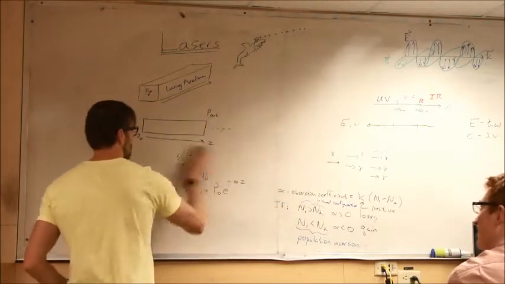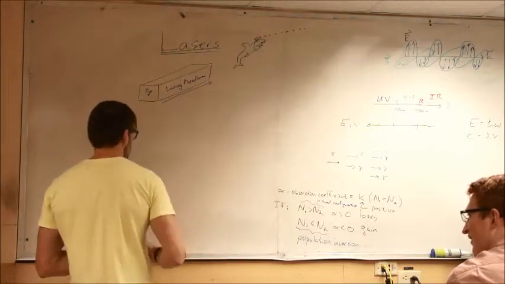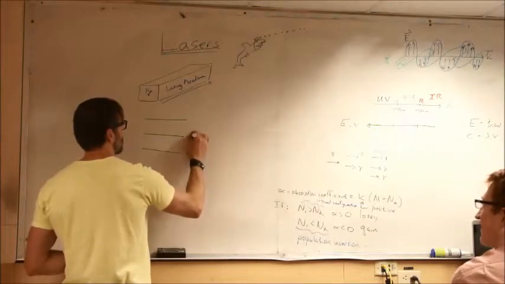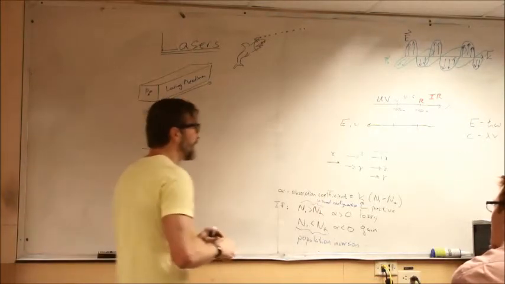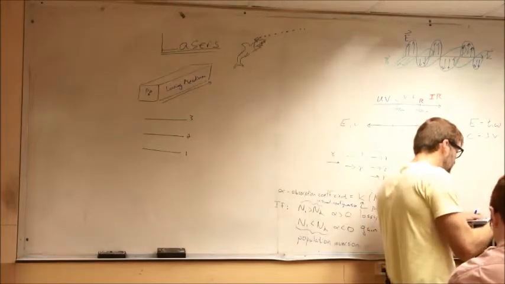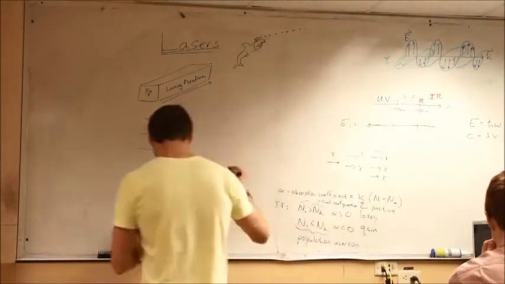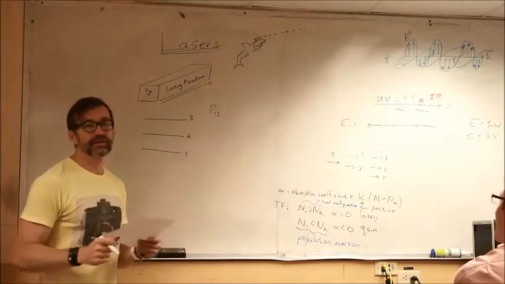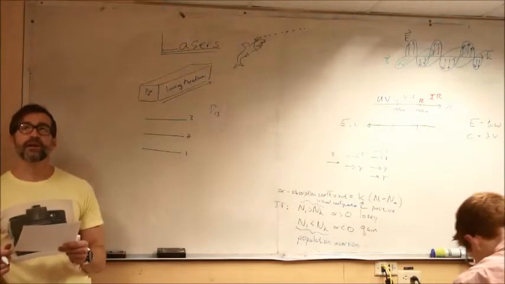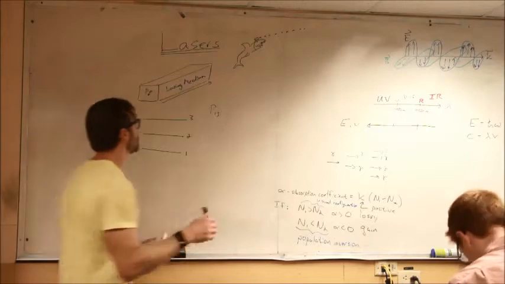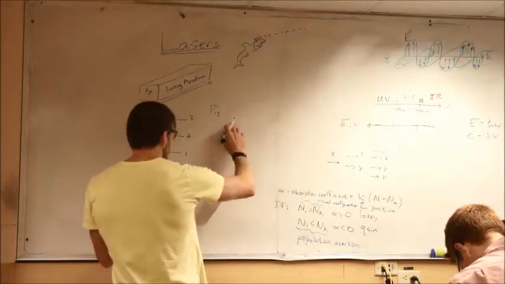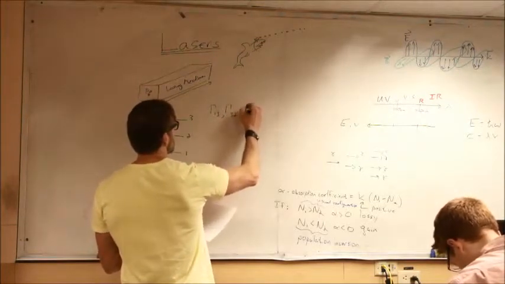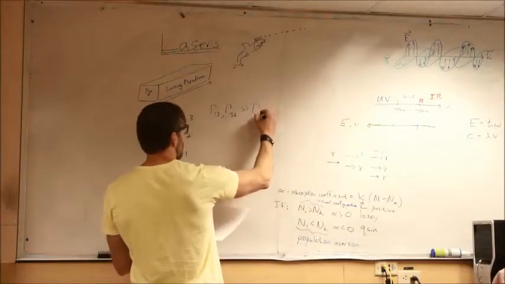So let's, instead of a 2-state system, consider the following. Let's take a system of 3 states, 1, 2, and 3. And for this 3-state system, we're going to have a series of transition rates. So I can have the rate, that's a capital gamma, and that's just the probability per unit time of an electron transitioning between levels 1 and 3. If the rate between 1 and 3 and the rate between 3 and 2 is much larger than the rate between 2 and 1,